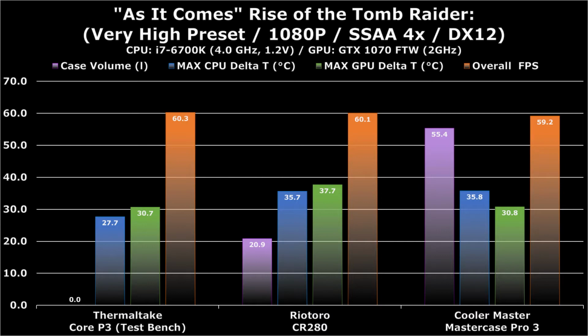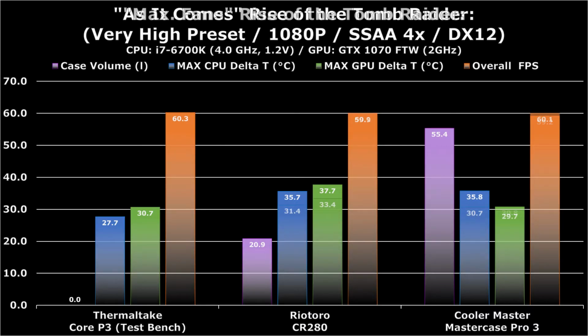And if you look at the results, it's slightly understandable, because you'd have thought, well, if the GPU is getting some great cooling, then it's going to be similar to the great cooling of the test bench. You can see the test bench is at 30.7, and the Mastercase Pro 3 in the As It Comes test is at 30.8. But if we overlay the maximum cooling test, then you can see that there is a very, very marginal improvement on the Cooler Master Mastercase Pro 3 in terms of its GPU,